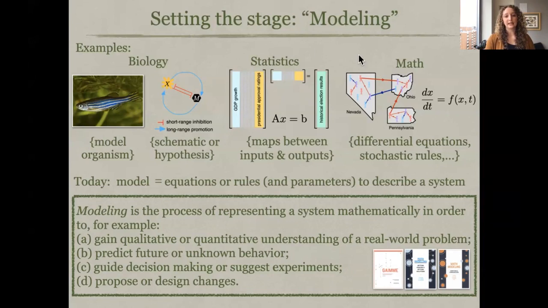I think in these two settings, what we're going to think about is a model being equations or rules that describe your system in a mathematical way. And I think the difference between the statistical models and the mathematical models is how you view parameters. In a statistical approach, it's the equations and the rules plus the parameter values, right? The parameter values are really important. In the mathematical setting, I'm going to say that it's more the equations, the rules, and what your parameters are, rather than the values they actually take on. Just what are we putting into the system?